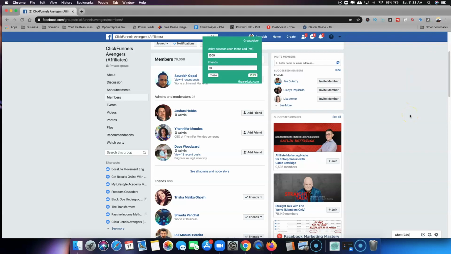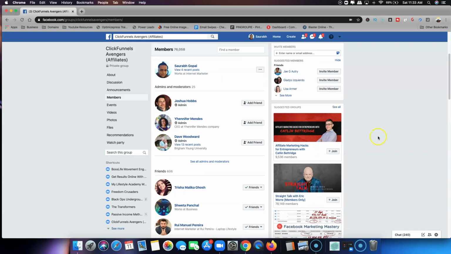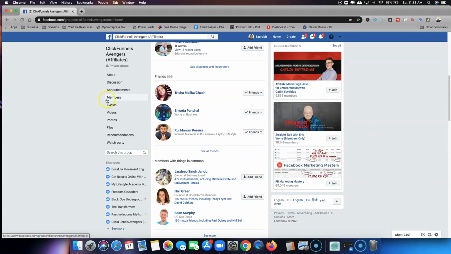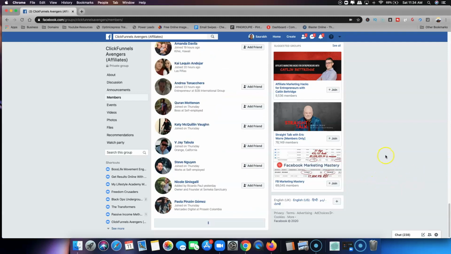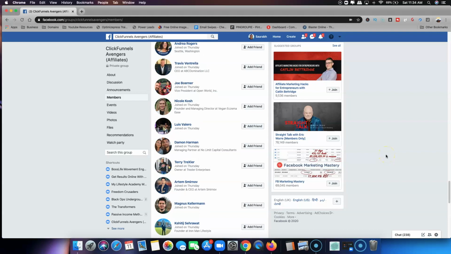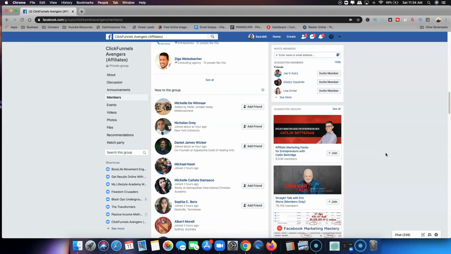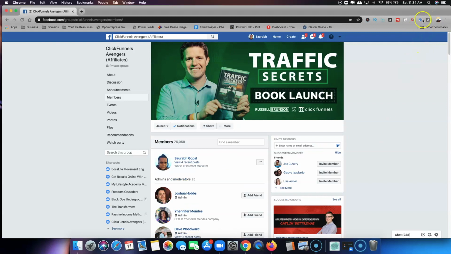I will give you the link to this extension in the description down below, where you can download it, and I'll also give a video on how you need to install this Chrome extension. So then you just click on the members section of any Facebook group which you are in, and scroll down and see these people who haven't been sent a friend request. Then all you need to do, once you have installed the Chrome extension, it will come up over here.